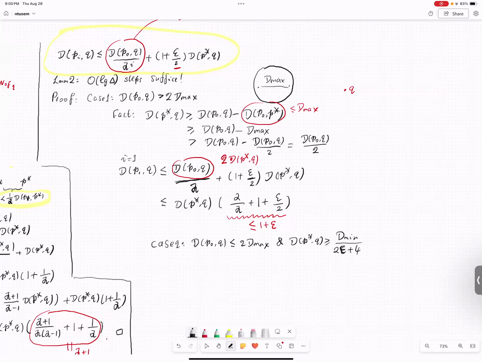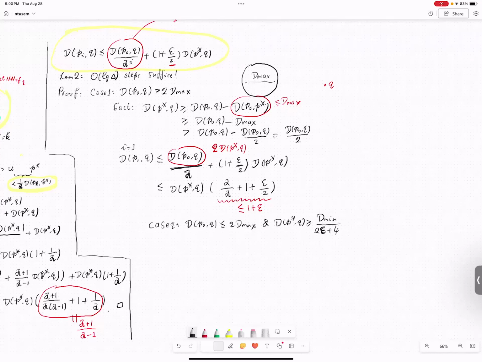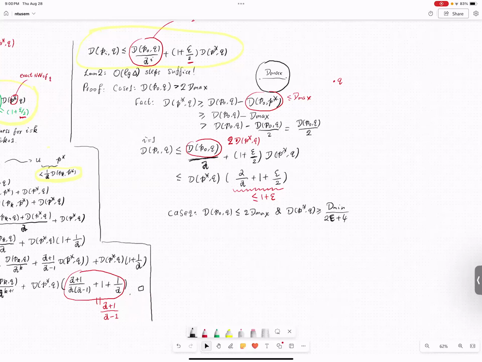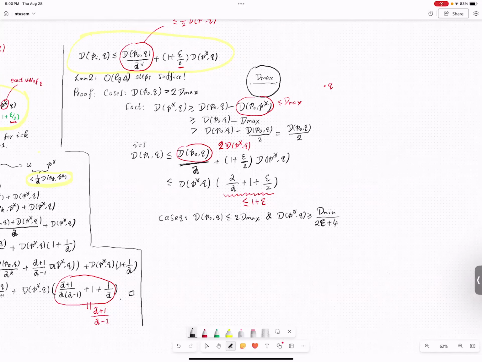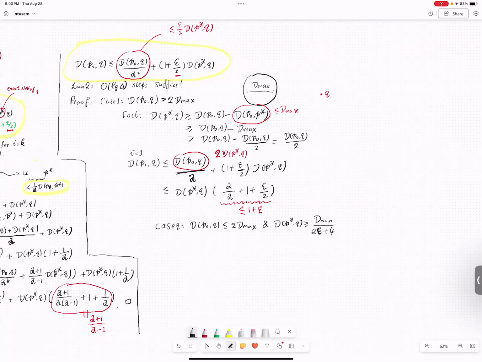Okay, 2 epsilon plus 4. So this is not very, very small. All right, so now let's see what happens. Again, I argue that this I does not have to be very large. So indeed, let's say we will apply this